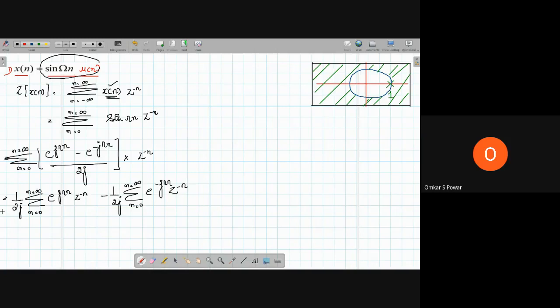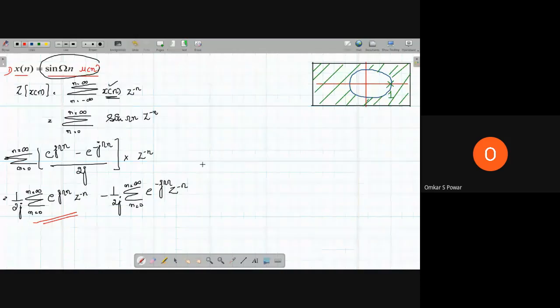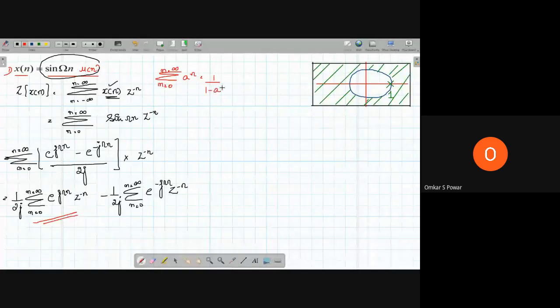Now when we are solving this kind of problem, this looks like summation n varies from 0 to infinity a power of n. You have studied in mathematics one formula: summation n varies from 0 to infinity a power of n is equal to 1 by 1 minus a. So we have to express the given terms in terms of this a power of n so that we can use this formula. What is the given condition? This formula is satisfied only if mod a is less than 1. This you have studied in mathematics.